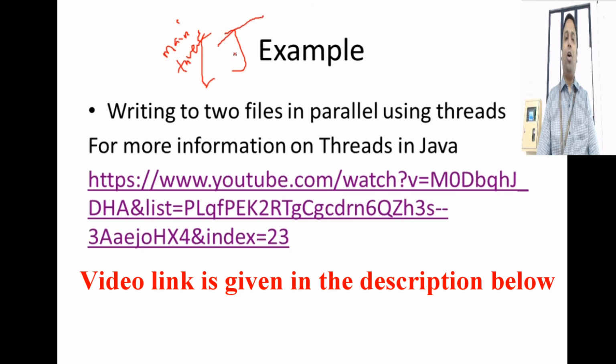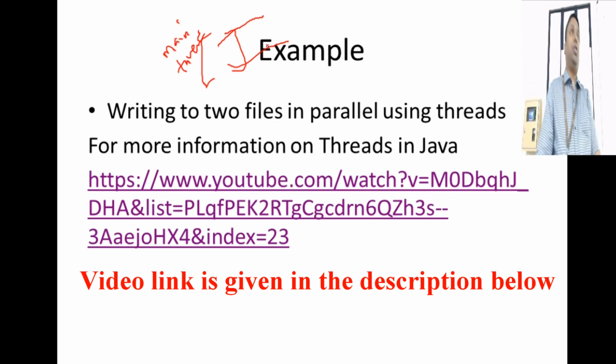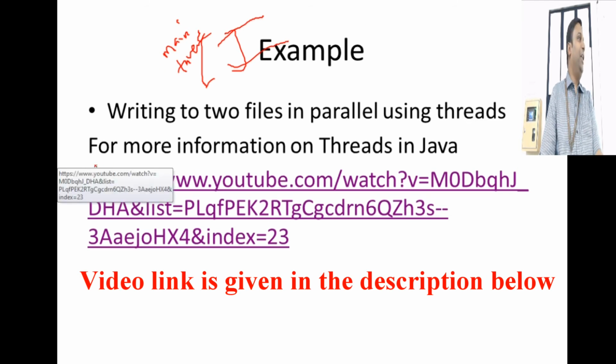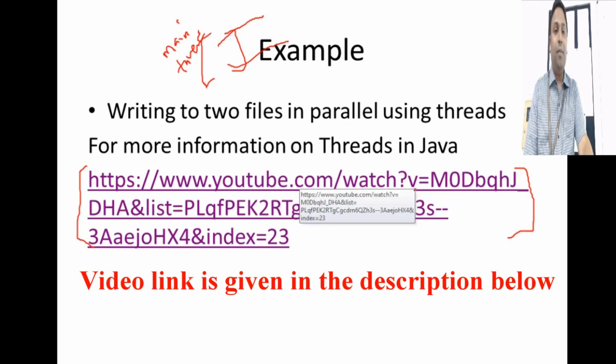So there can be one call to one thread, another call to another thread. I'll just call the threads, it will execute parallelly, independently, and the main thread will execute independently and finish. So these kinds of calls are called asynchronous calls. So you have to understand what is thread and how it works. If you're really interested, you can go and visit my lectures on threads and various concepts on threads. I have given an example here.